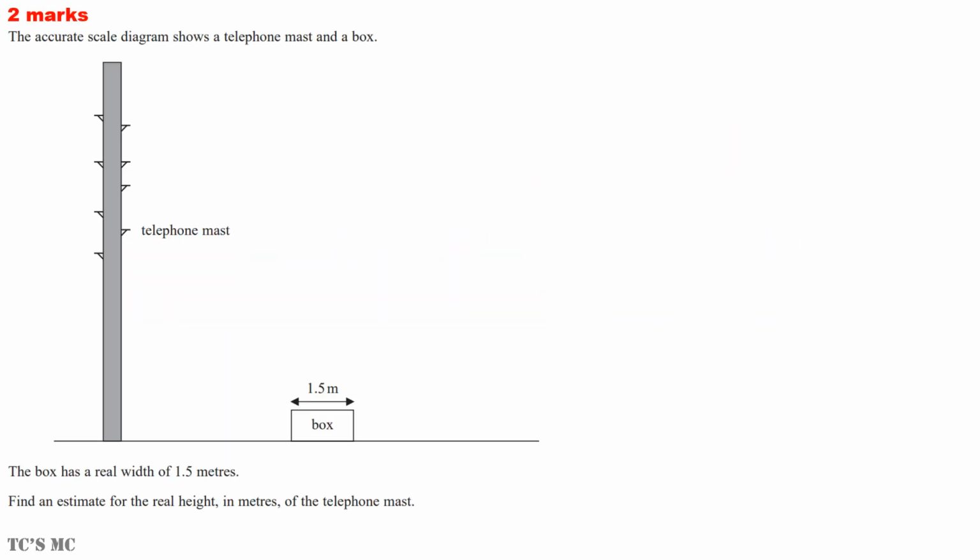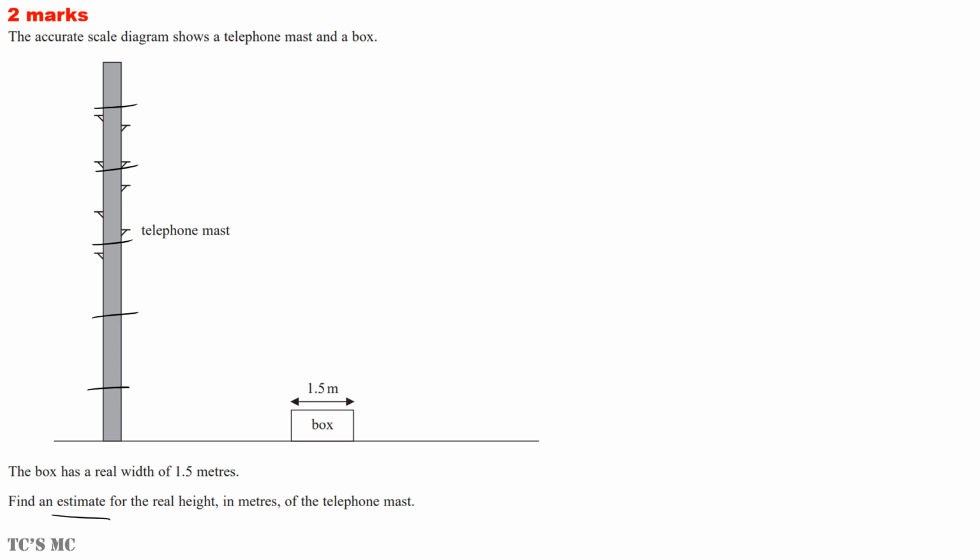The accurate scale diagram shows a telephone mast and a box. The box has a real width of 1.5 meters. Find an estimate for the real height in meters of the telephone mast. Measure out the width with your ruler and see how many of them you can fit along your mast. Mine will be slightly rough, but you should be using a ruler and you should be able to see that